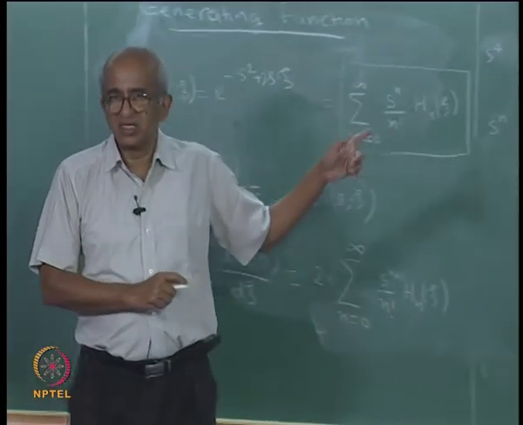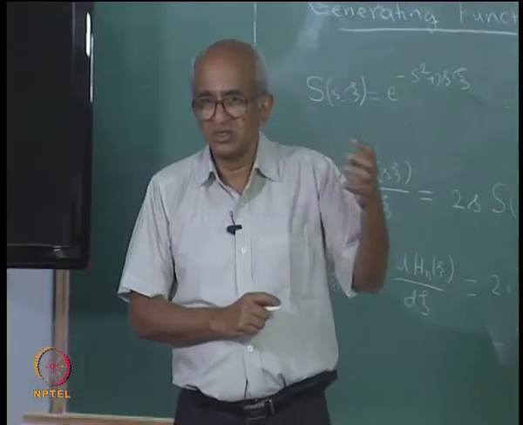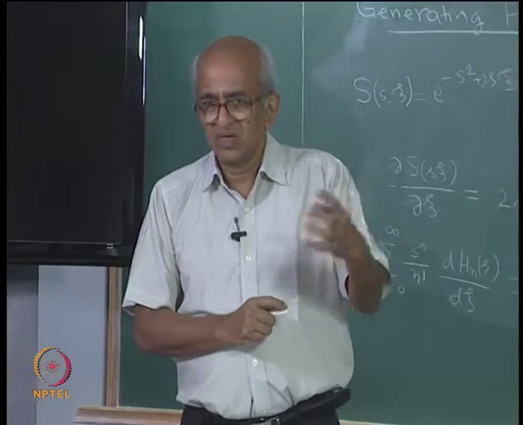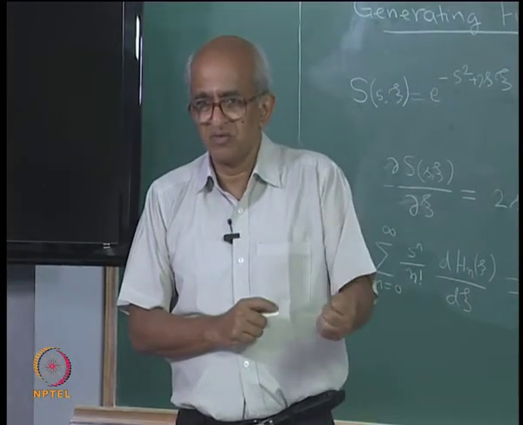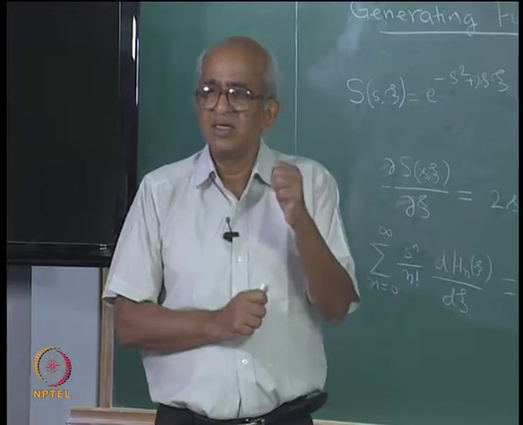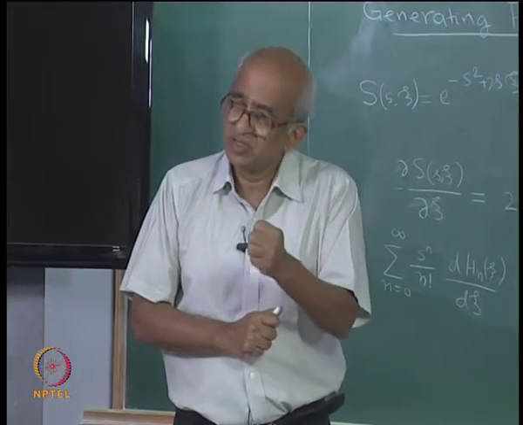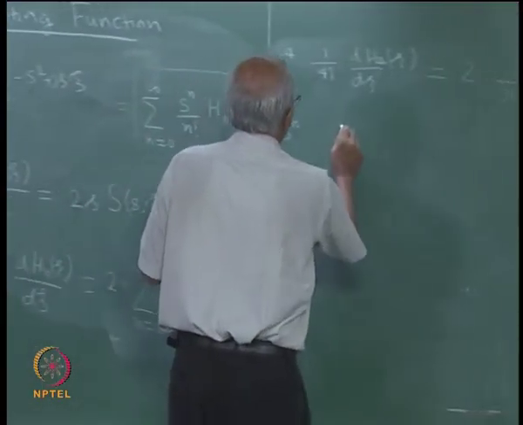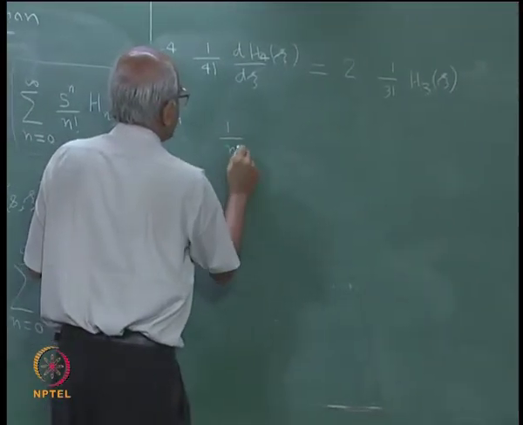Here I have just illustrated the point by equating the coefficients of s to the power of 4, but instead of that, suppose I had equated the coefficients of s to the power of n, what would be the result? The result would be very simple. I would have the result that 1 by n factorial